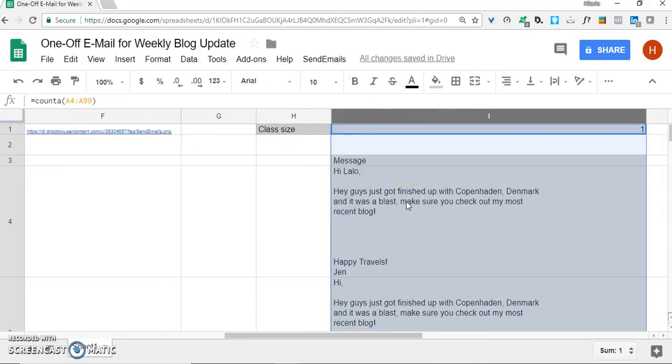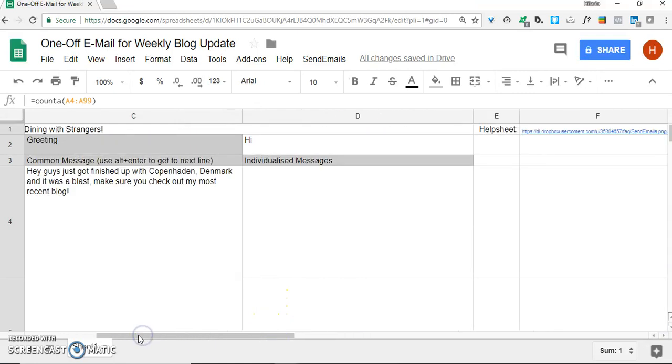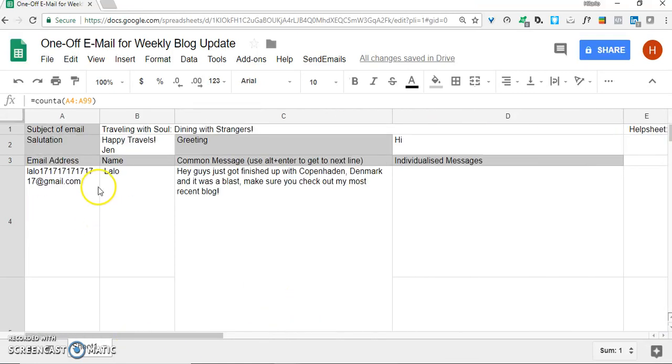So that's your preview message. The message is, hi Lalo, see how the space is right there? If the space wasn't there, let's say it was messed up and just wasn't showing the space, it was just like this right here,